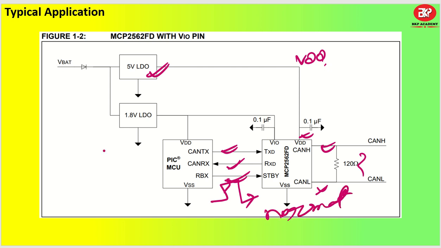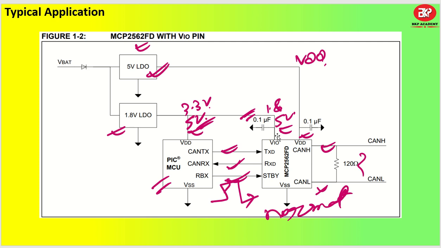Now, one more pin is available in this particular variant, which is VIO, like IO supply. For the IO supply, it is given a 1.8 volt LDO, and 1.8 volt is coming here. If your VDD supply for the particular microcontroller is 3.3 volt, then you have to supply 3.3 volt here. If you have a 5 volt supply of the VDDIO, VDD of microcontroller, then you have to supply 5 volt here. Okay. So this is how